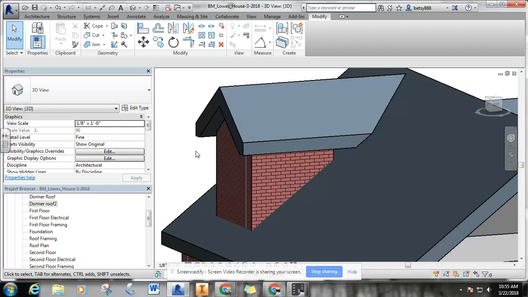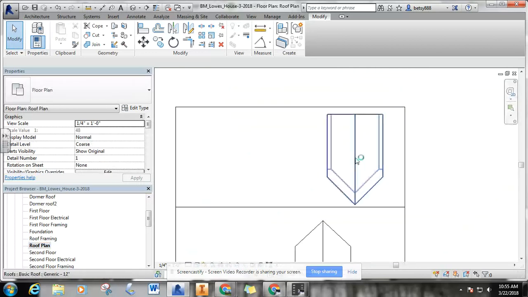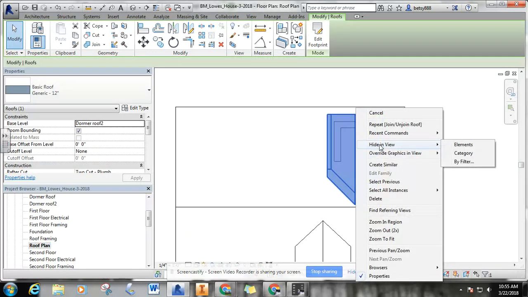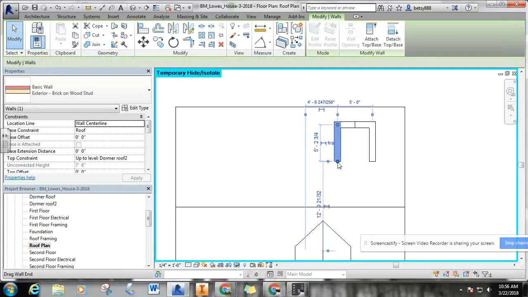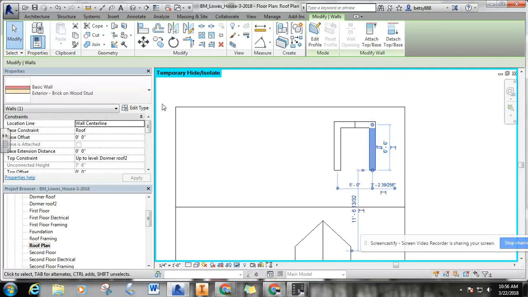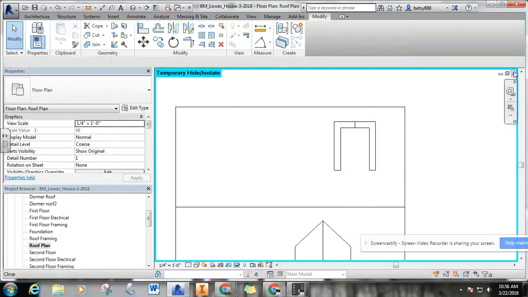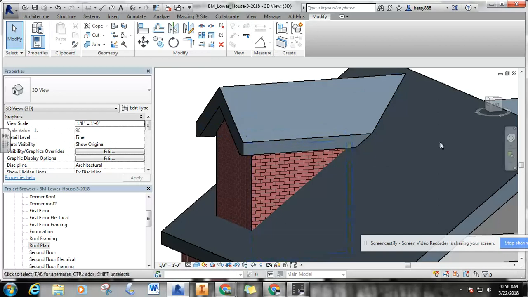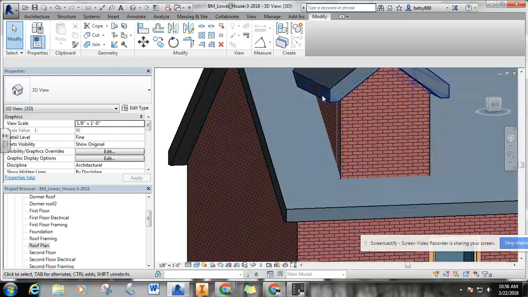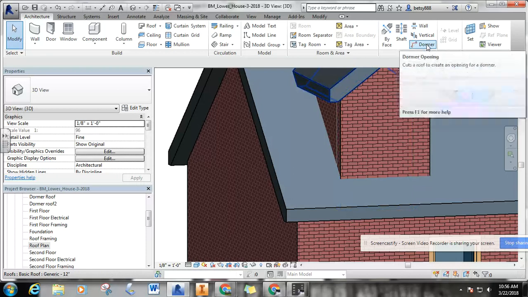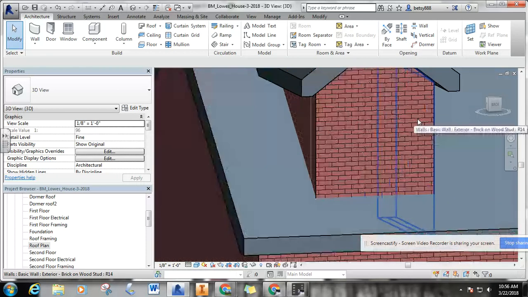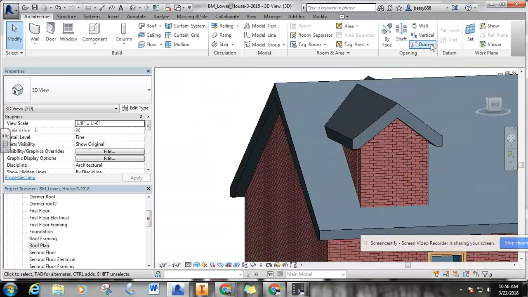I'm going to go back to my roof plan and edit those walls. I can say hide that. Which I like using sunglasses better. All right, there we go. Now our walls close off, which is always nice. Now, this is where you use the dormer button right here under the Architecture tab. Okay, so if I click dormer,